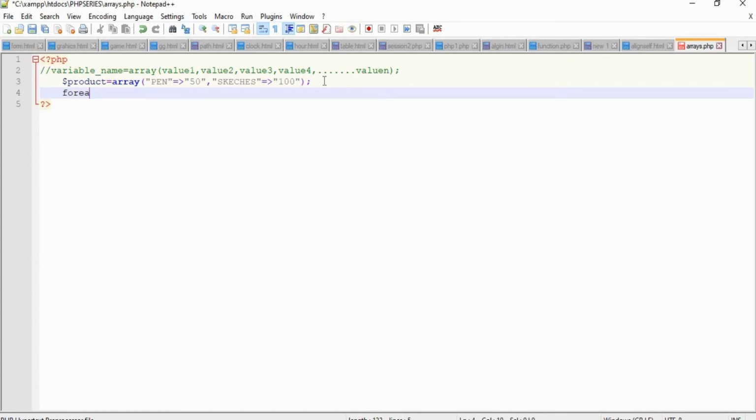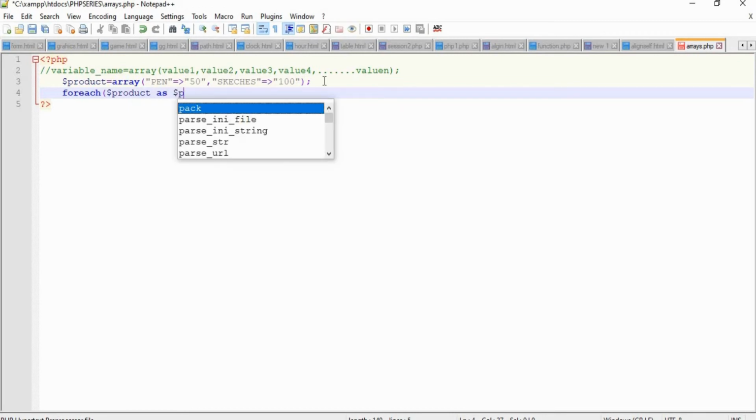So foreach, the variable name, which is nothing but the array variable which we have created here. Our variable name is product, right? Product as, so we can write or loop this particular array variable as $p or any other variable you wish to use, right? Followed by the